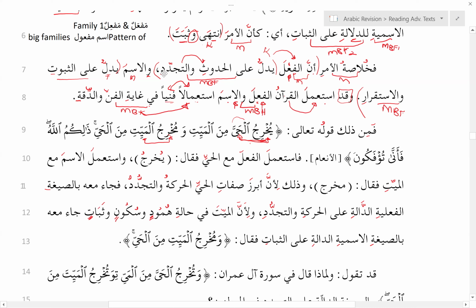All right. I hope that explanation was clear. Unless there's a question. Yes. Alhamdulillah, your explanation fits well. What I was thinking is that harakatu wa tajaddud is the ism of anna, like, for example, because the motion and the renewal, and if you talk about the fail abrada, it means to bring out something. So the harka and the renewal was brought out as the sifa of haya. This is how I was looking at it.